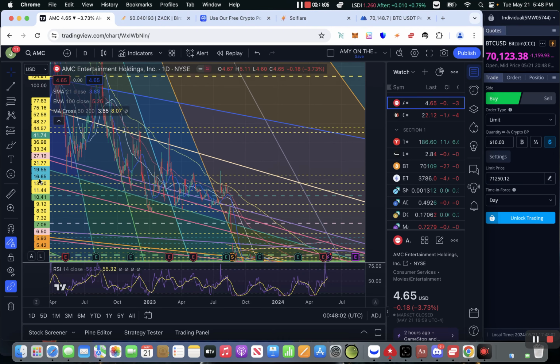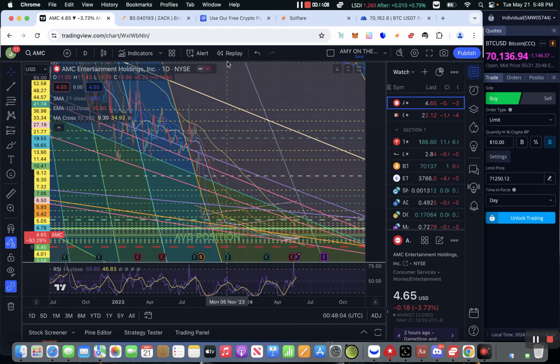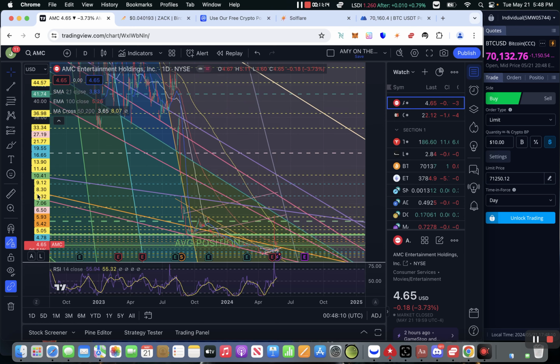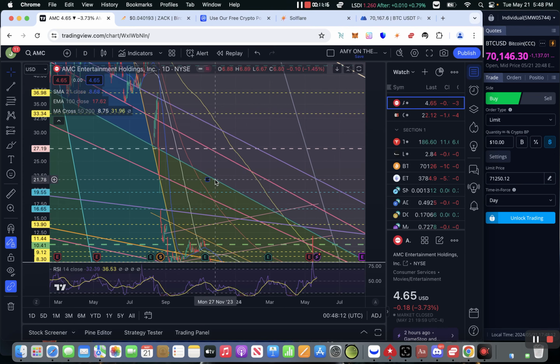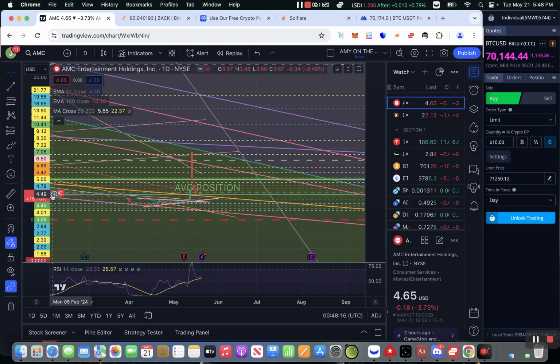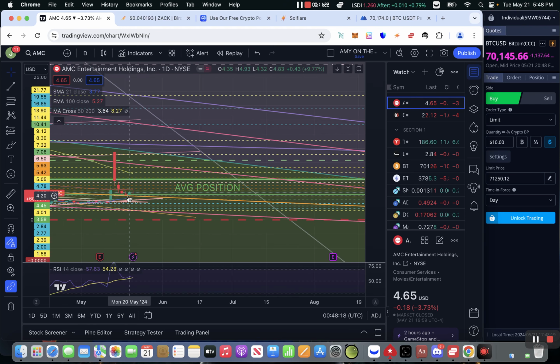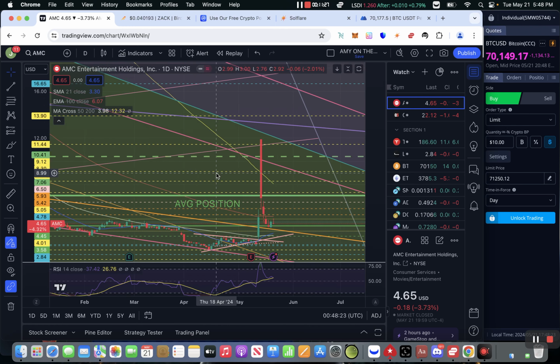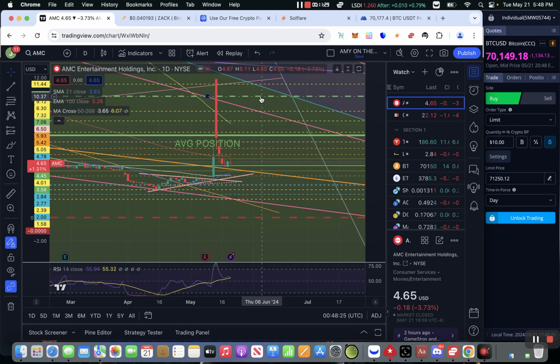So now, in present day, okay, just look at this zero line right here, right? And we're close, guys. We're close to crossing this ground zero line, as I like to call it. And I want to show you guys one thing right now. Before I do, this is where we're at right now.